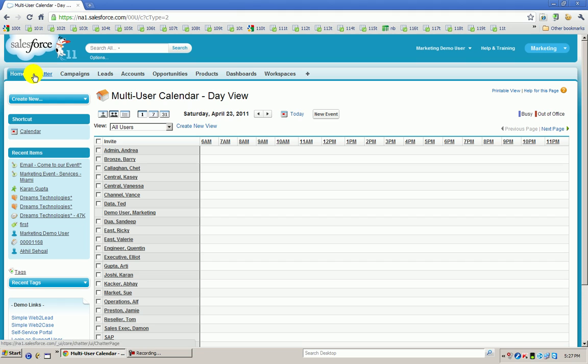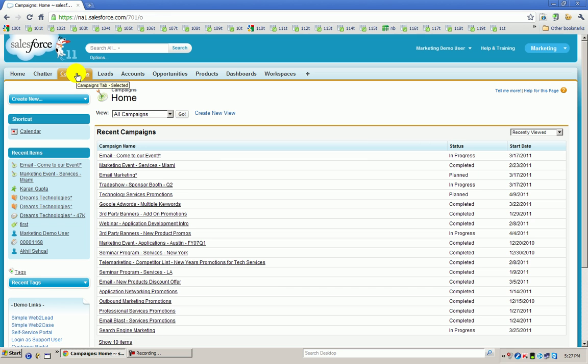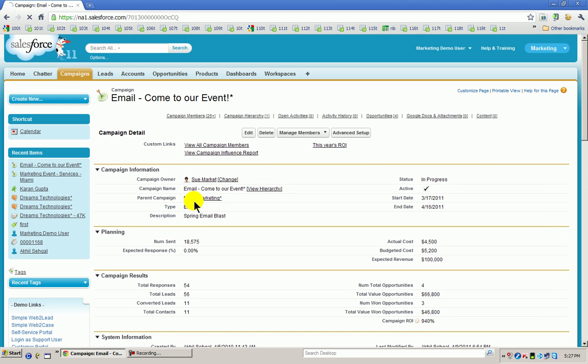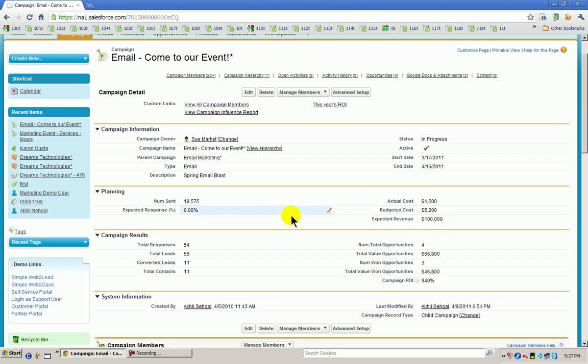Okay. Fine. So now I'll come back to the campaign part. Campaign is something like anything you do for your demand generation. So this is your email campaign, let's say you have done. This is the campaign type, like email. Email blast is the description. What was the start date? What was the end date? Now here you can see the total cost for this particular campaign, the budgeted cost, and the expected revenue.